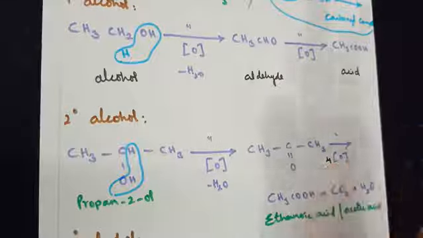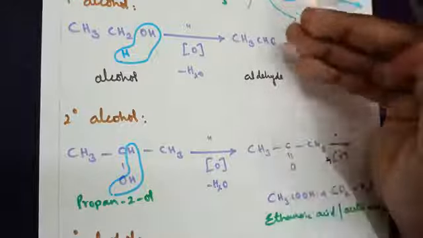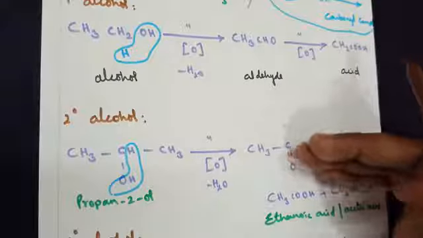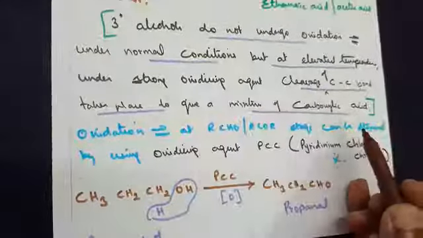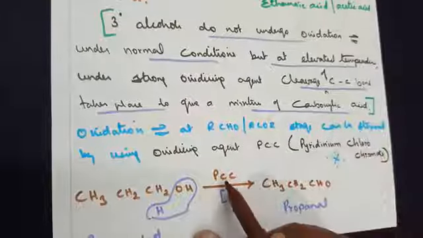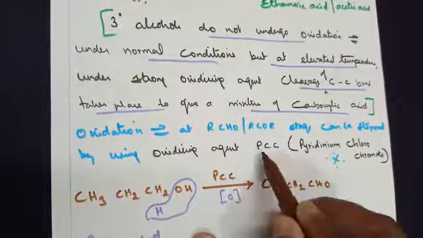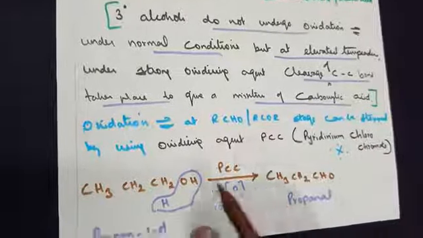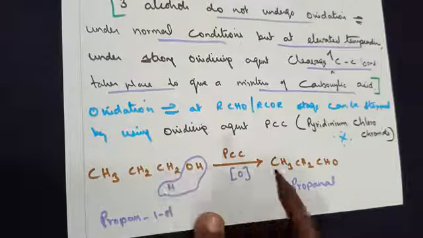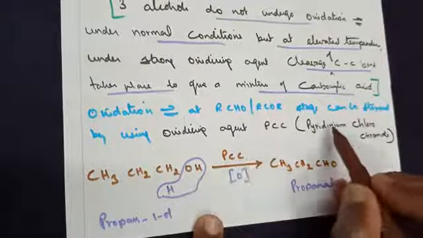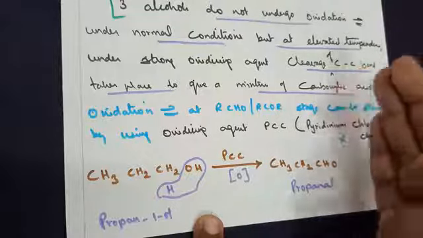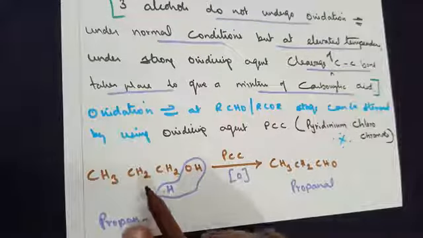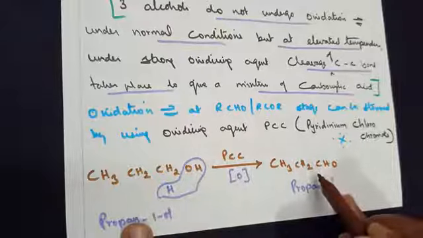So if we want, we can prevent the reaction at the formation of an aldehyde or a ketone. What should be done? If your target is to prepare an aldehyde or a ketone from alcohol, the oxidizing agent should be pyridinium chlorochromate. When you treat an alcohol with the oxidizing agent pyridinium chlorochromate, the reaction stops at the formation of an aldehyde. Since you have taken a primary alcohol, the result is an aldehyde.